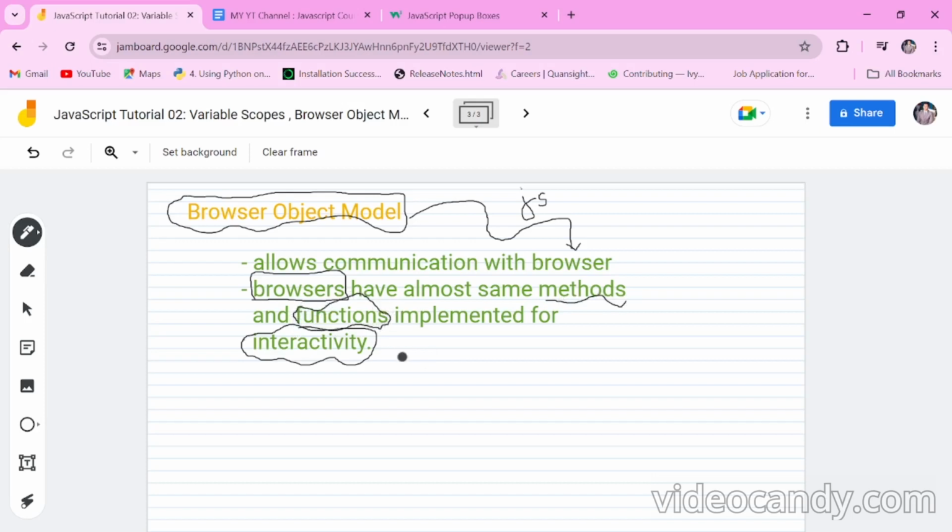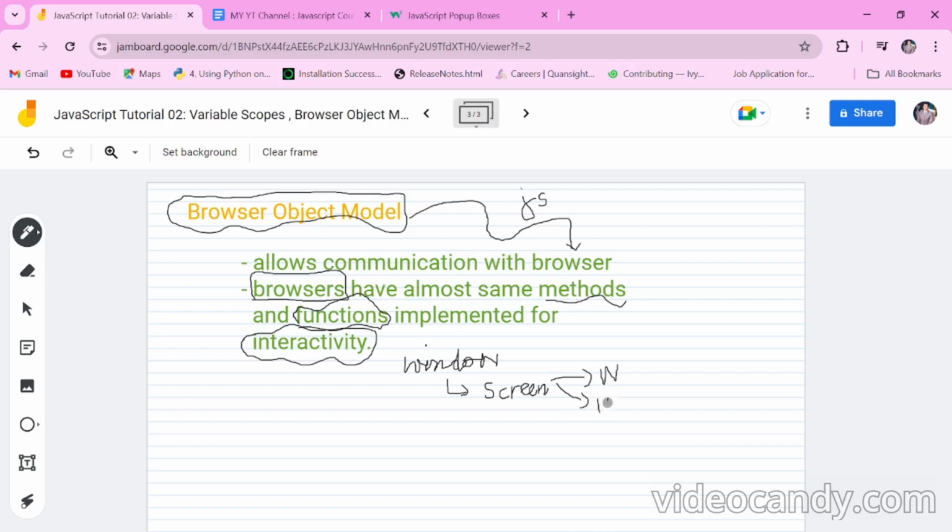A famous and widely used object is the window object. The window object is used for a variety of reasons. It is globally available in JavaScript and can be used to get the screen width or height, and can be used to locate the URL of the tab opened in the browser. Width and height,